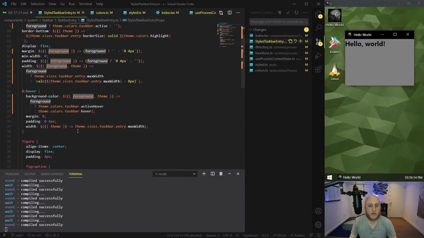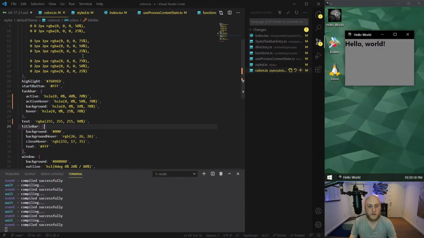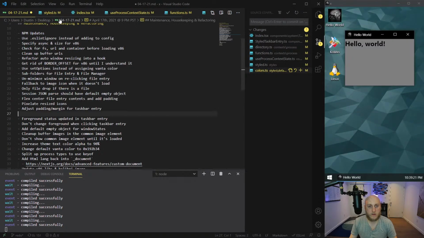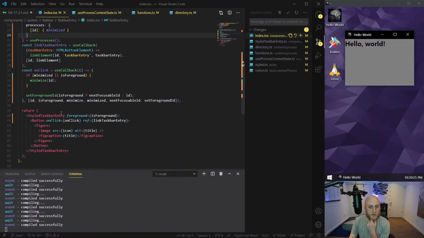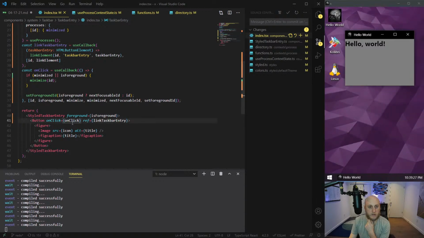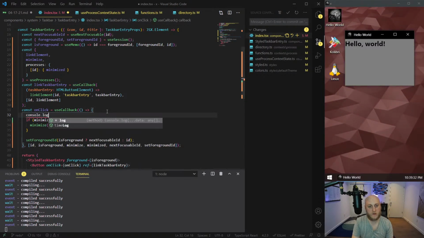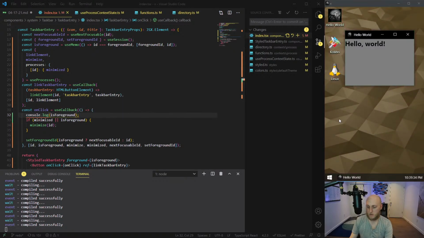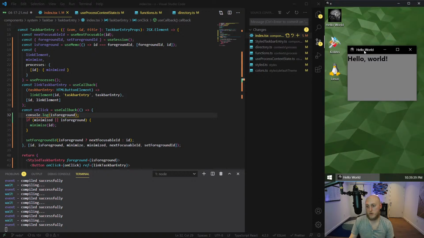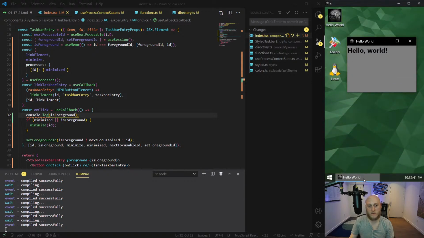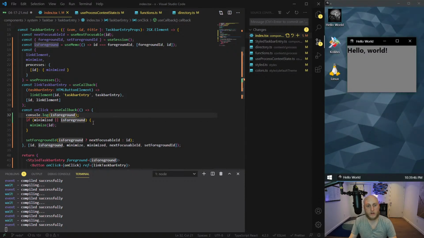So I'm pretty sure I got the styling part done. So let's get rid of that. I've added it here. Yeah, we're good there. This is more styling stuff. So this piece here, what have I not done here? My on click. So as a test, let's double check. Is foreground should still be false? That's my concern. I'm going to open the console here. So if I get the window, and then I click the taskbar entry, yeah, it's false. It should be true. I want it to be true. So is foreground